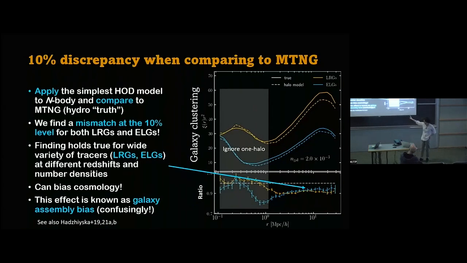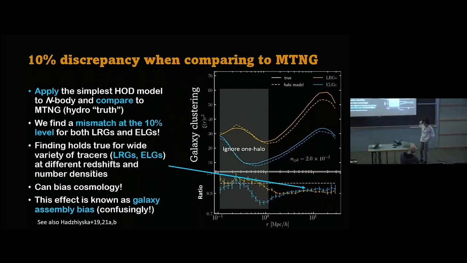I'm just going to show here the simplest result from applying the mass-only HOD. This was the simplest assumption you can come up with, where you apply that to the N-body simulation, the dark matter-only version of Millennium TNG, and you compare it in terms of the clustering statistics. And you find that your prediction, which is the dashed line, compared with the solid lines, is about 10% lower.